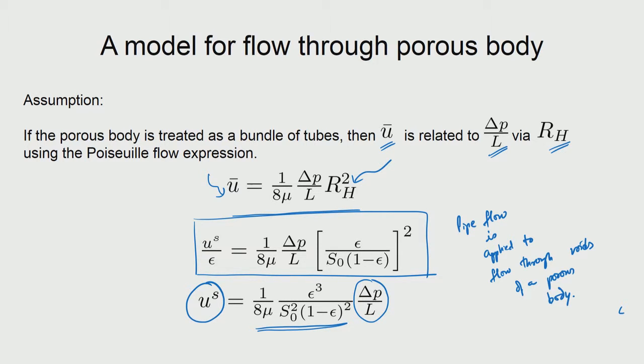Okay. Now, this coefficient you can inspect the trends when epsilon is going towards 1 or towards 0. So, when epsilon goes towards 0, it means that there is no void, which should also mean that it is fully solid, and it would require infinite pressure drop to lead to any velocity, and that is also evident because they are coming as multiplication. Okay. So, for a given velocity us, if epsilon is going towards 0, then delta p by L will blow up. Okay. That is what we also expect.